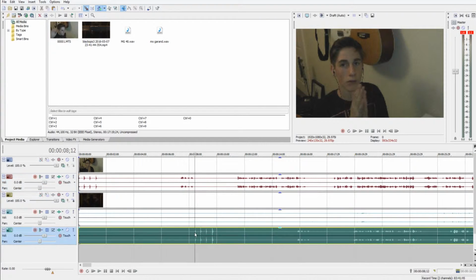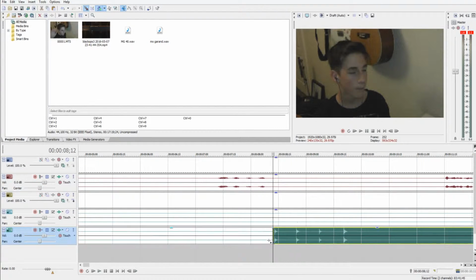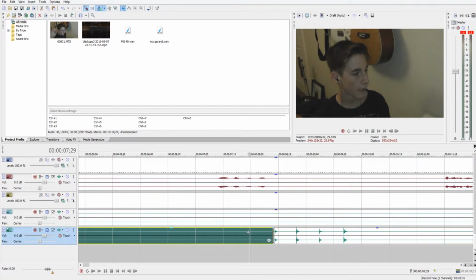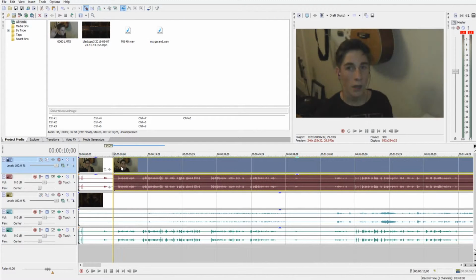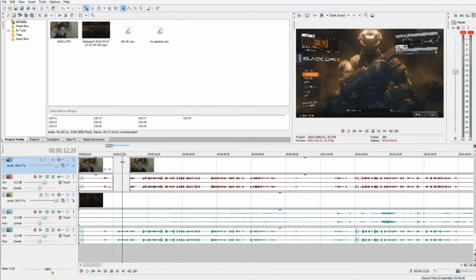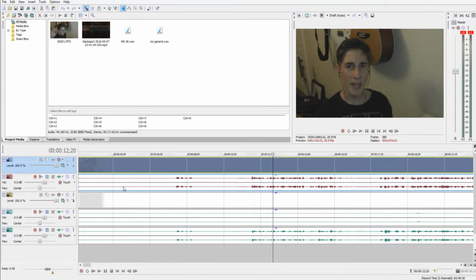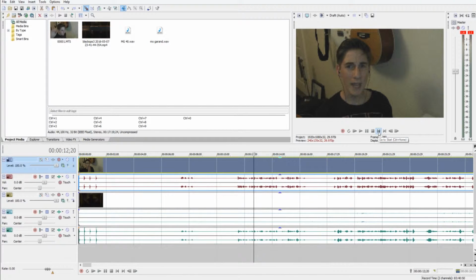Down here again, click where you want to, press S, click Control X, and I've got it so it automatically goes to the left, so there's no gap between clips. And if you want to change that, just come up to here and auto ripple. You can either press Control L or just turn that off. And now if we press S and S, delete that, it doesn't snap towards that one, it just stays there. So now this should be all synced up. So if we go to the start by pressing this or Control Home, whatever, and then play,